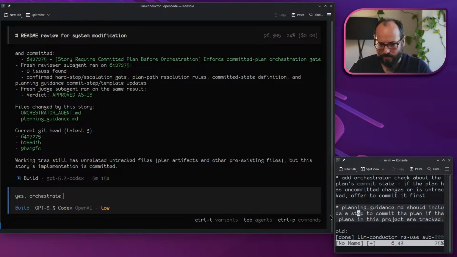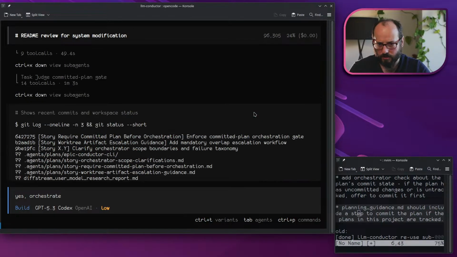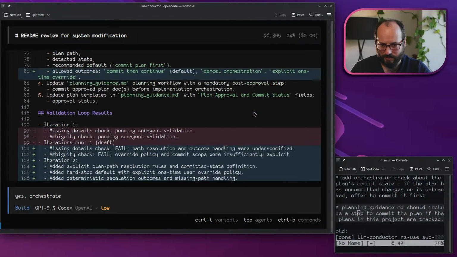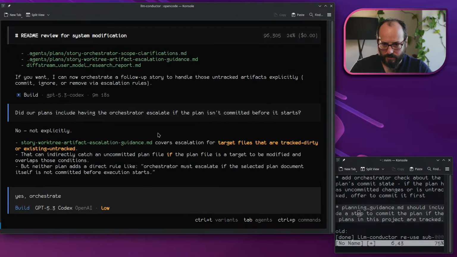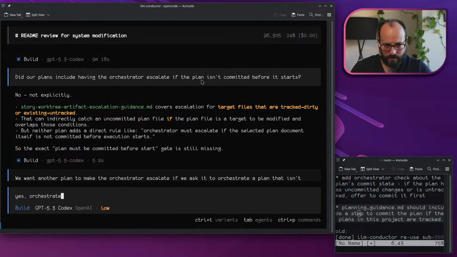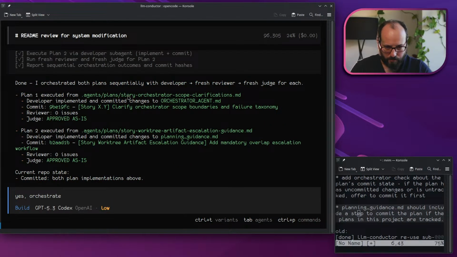Okay, I wonder how much of that is included. So it looks like the most recent thing we did, require committed plan for orchestration, is done. 0 issues found, approved as is. That one was completed. Let's see. I wonder what happened before that. Here's where it's iterating on the plan. Here we go. The previous thing that completed was